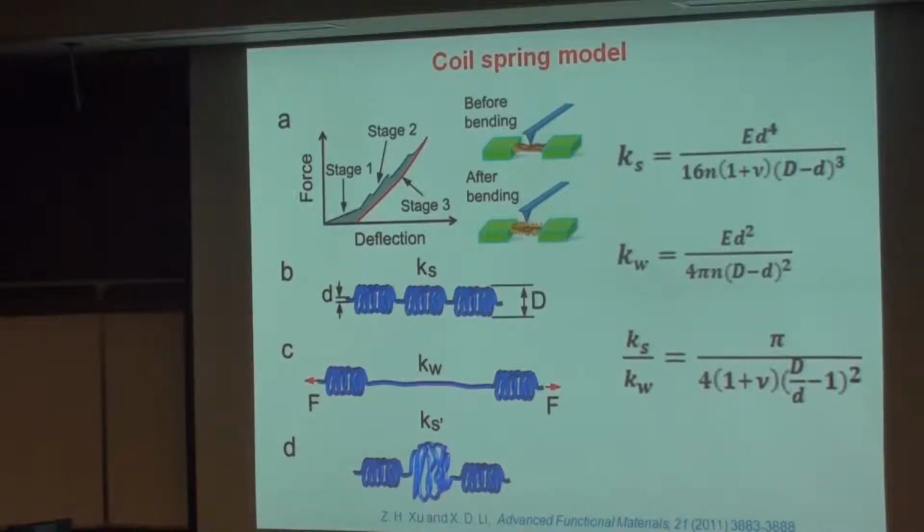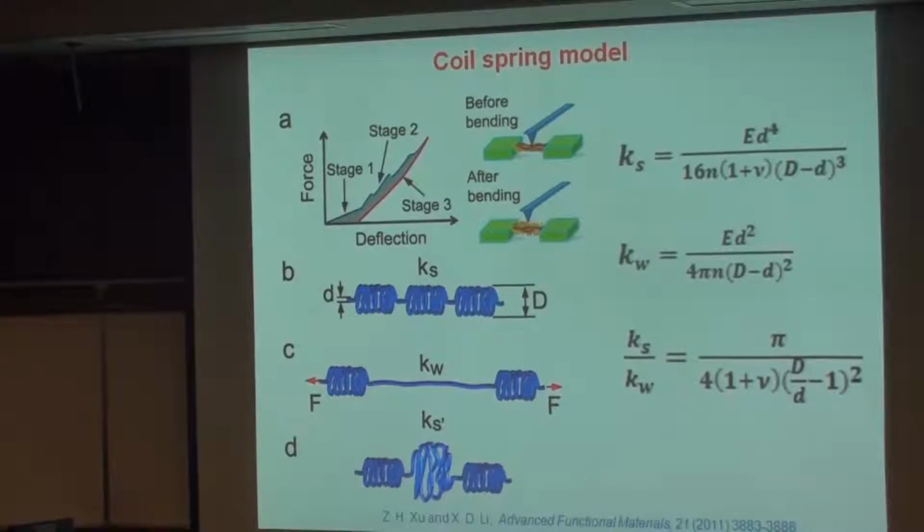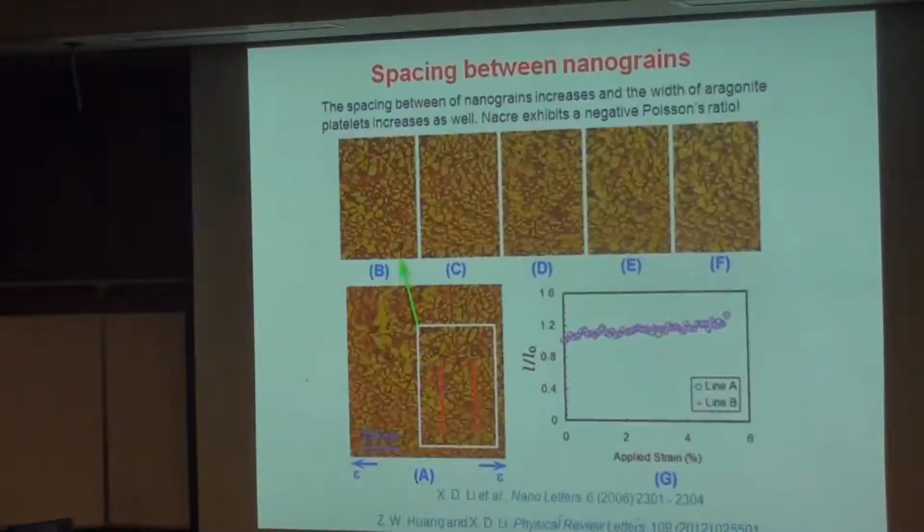Wind up to form coil spring. So we use the coil spring model to explain the force deflection curve, why there are two slopes, and why you can see deformation strengthening during the deformation. So that's another mechanism people didn't realize. People say, well, biopolymer just provides the weak path for crack deflection. Another interesting finding is